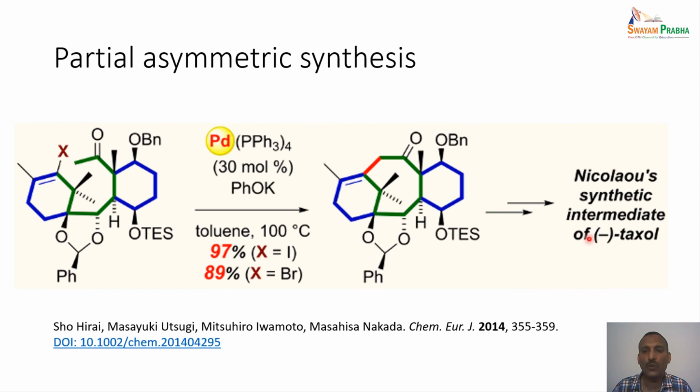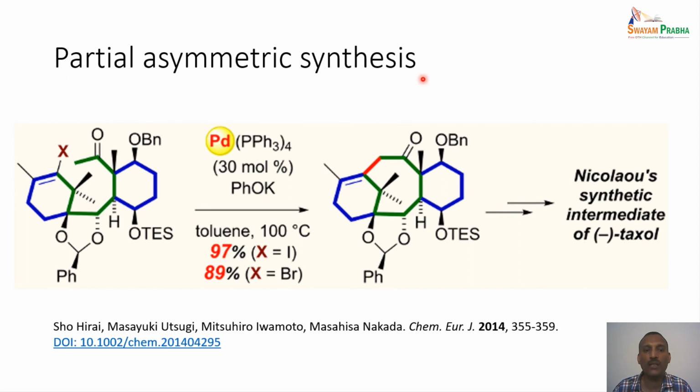The final compound Taxol can be prepared from this particular intermediate. So when we talk about partial asymmetric synthesis, we are not going to prepare the final compound, because from this intermediate the final Taxol synthesis is already known. So what people do is they synthesize this compound by a different or a new method